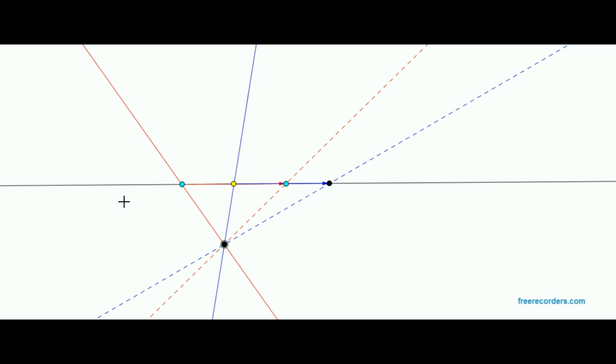It has two complex points on this black line, and each of those is connected to this real black point down here by imaginary lines. The two complex points are conjugate with one another, and the two complex lines are conjugate with one another. So we have here an imaginary triangle,